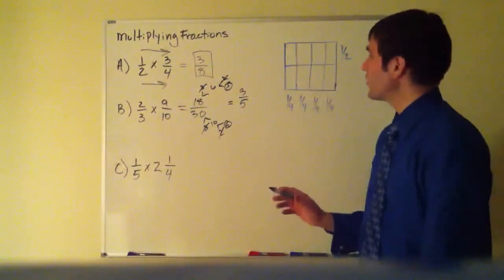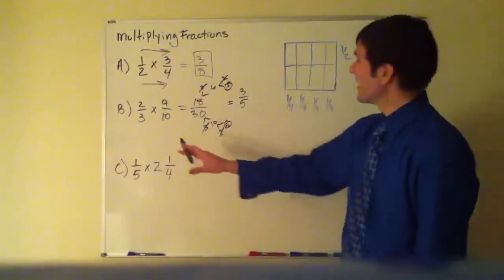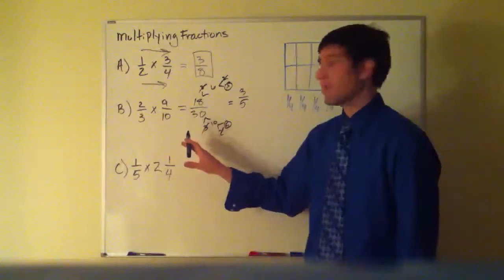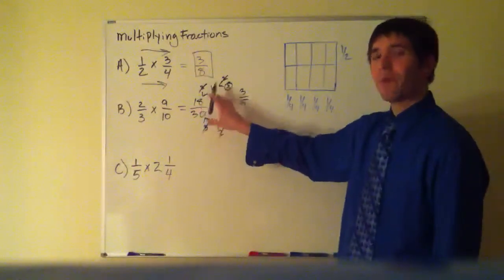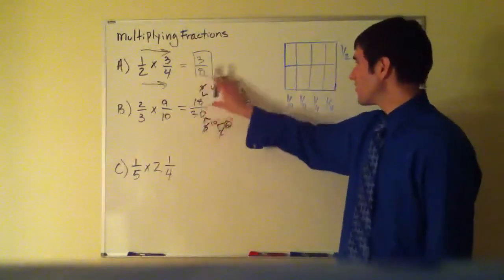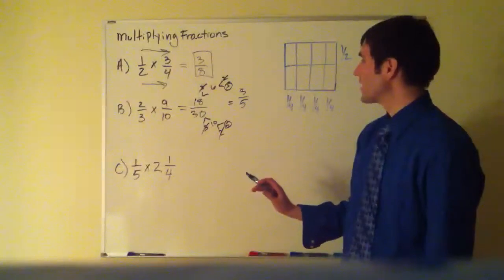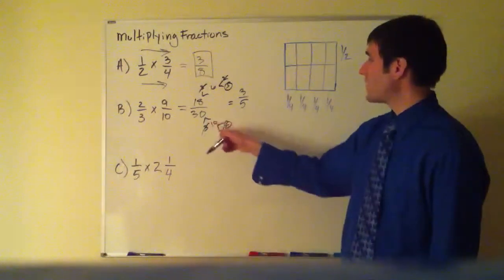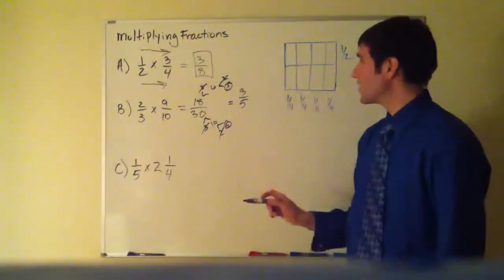Now let me show you an easier way to reduce this from the beginning. I like doing it from the beginning because you don't get such big numbers at the end. And when we don't have a calculator, trying to figure out how to reduce sometimes can be a little confusing. That's why I like to break it down using the factor tree, and I can figure out which ones reduce